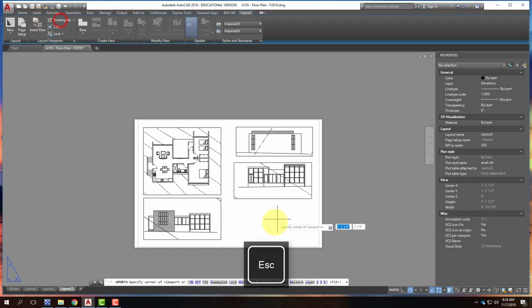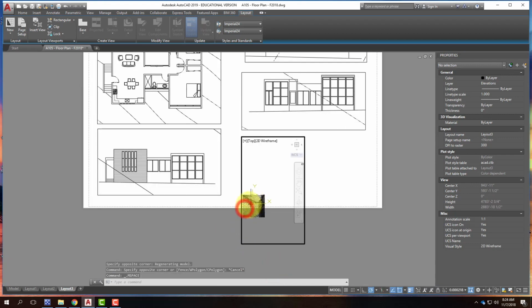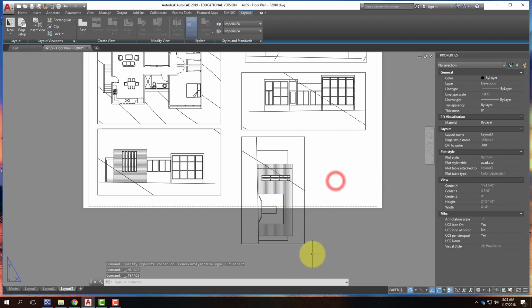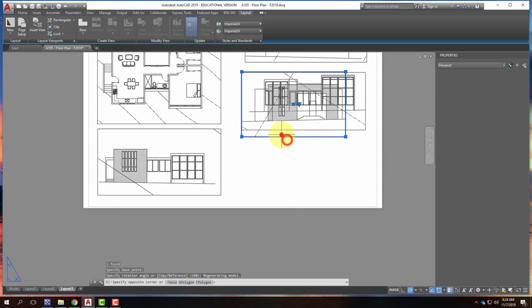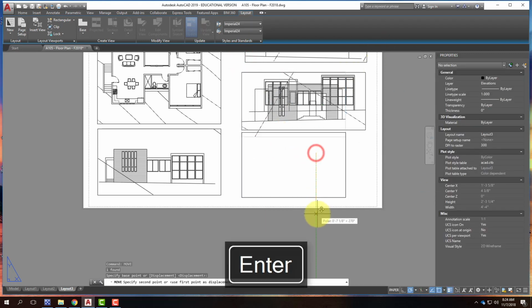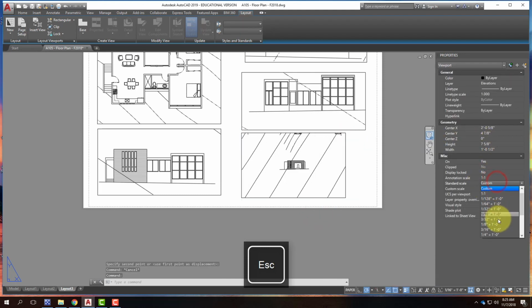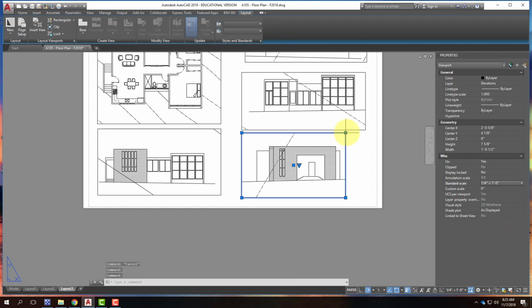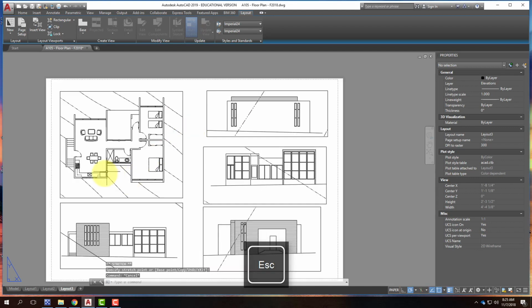Last viewport. I'll come back up to rectangular. I'll draw it. I'll double click to get inside of it. Zoom in on that elevation. Double click. I'll go ahead and rotate this one first. We'll move it down. And this one also needs to be set at 1/4 inch equals a foot. Perfect. So I was now able to set up each one of these such that they have their own viewport